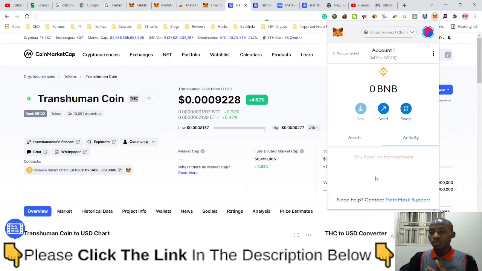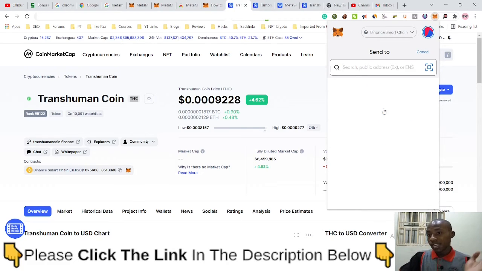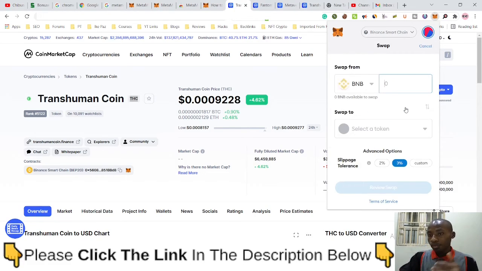Activity is where you find all the transactions you've carried out on this wallet. Send is to send crypto to another wallet, and swap is to swap crypto, for example from BNB to any other crypto.